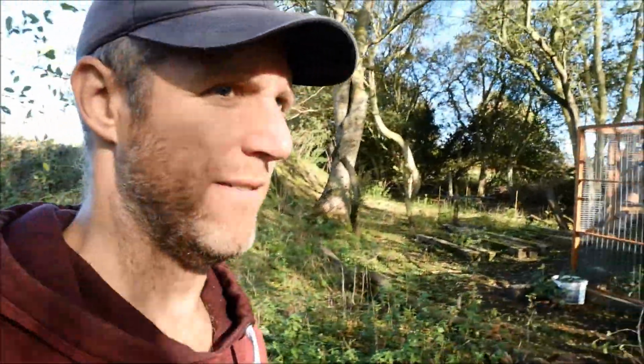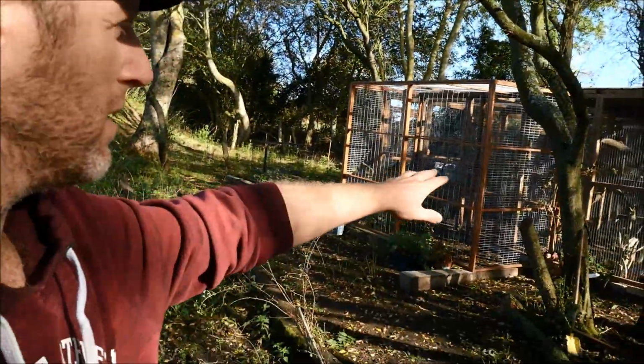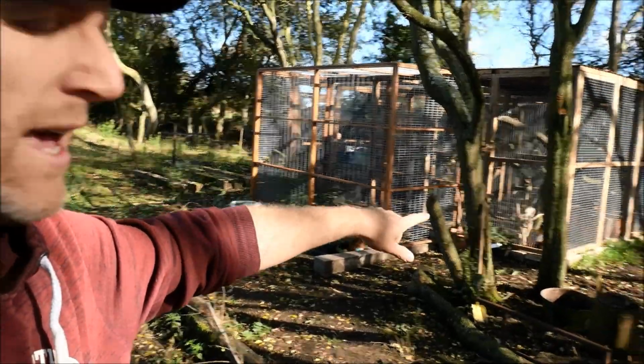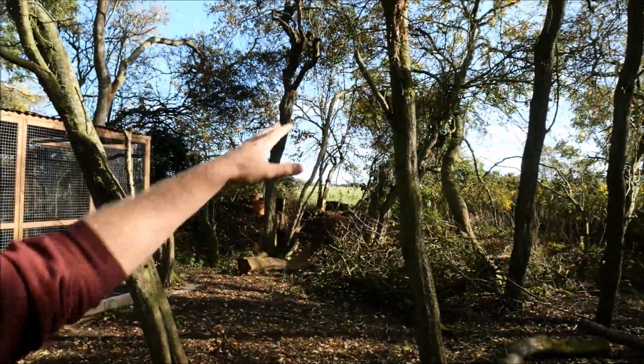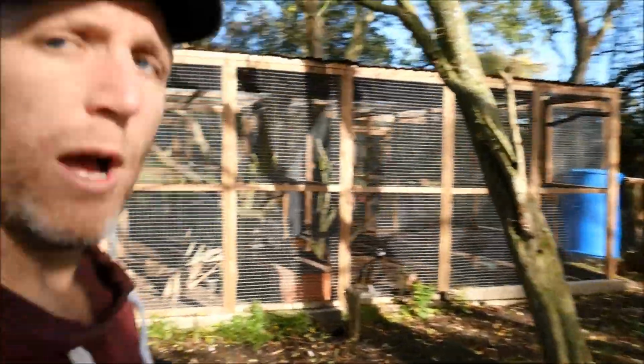So another small and very unanticipated project is in the falconry area. So here are Pheasant Aviaries, and we're planning to have more here. But we want to get some tragopans, and tragopans require lots of grass, and so naturally the best place is to go out into this meadow. So if I take you over,